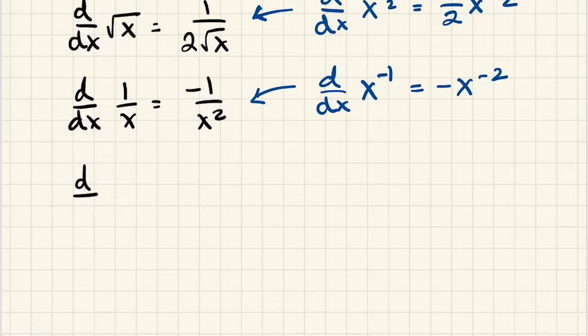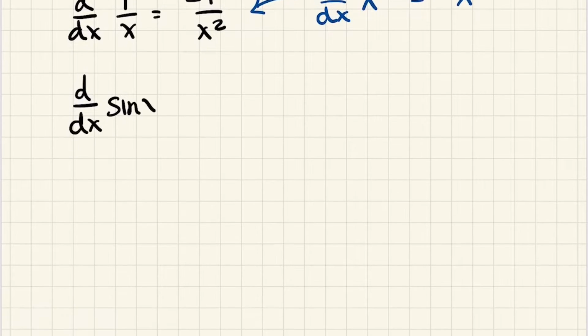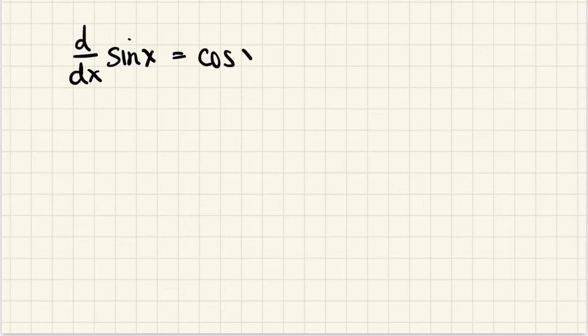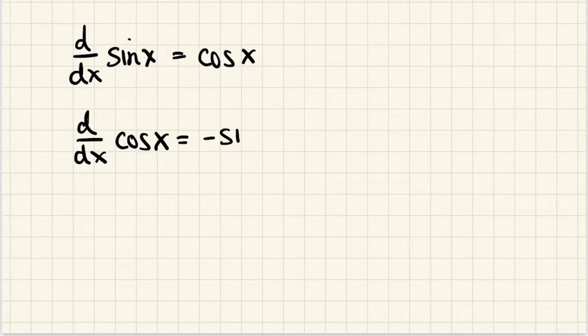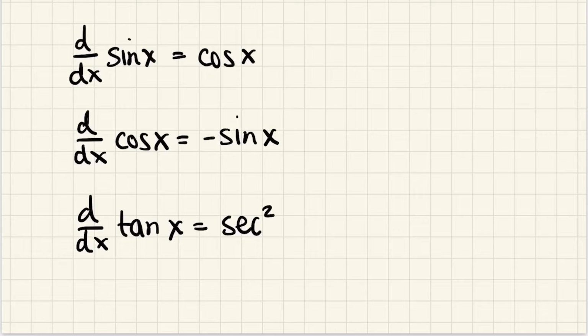So, all right, what about trigonometry here? Well, you definitely need to know these derivatives. The derivative of sine is cosine, and the derivative of cosine is negative sine. And the derivative of tangent is secant squared. Now, while it's imperative that you really just know that quickly, because that's going to come up all the time this semester,